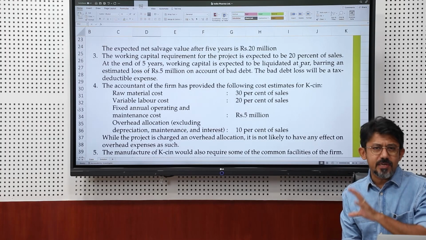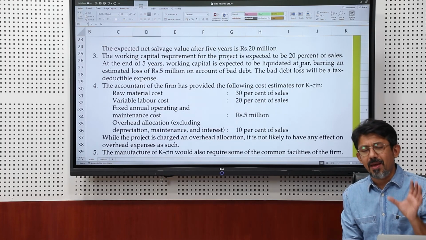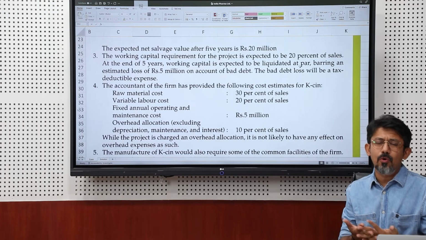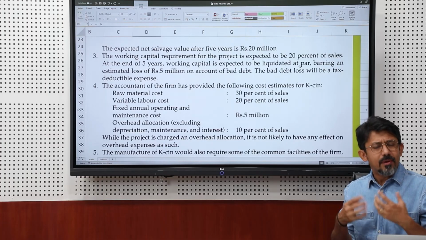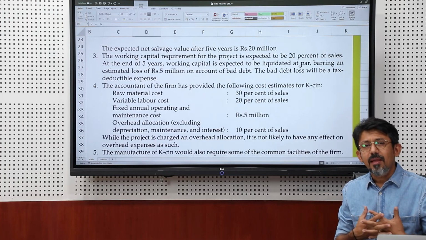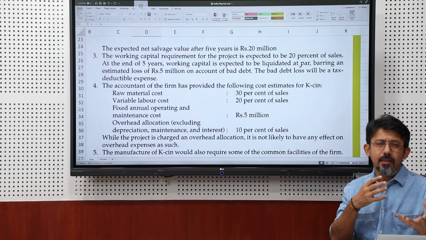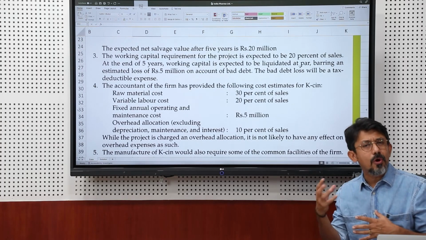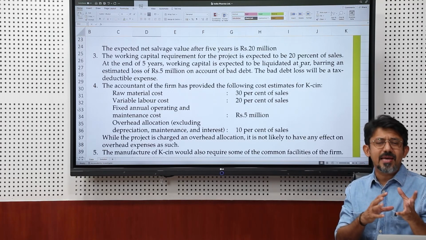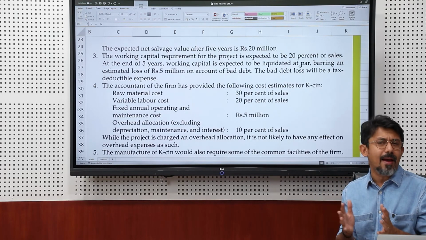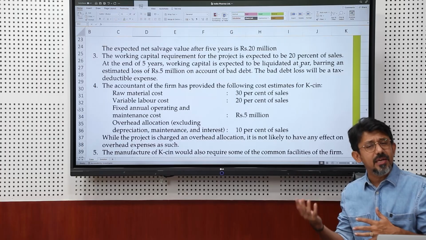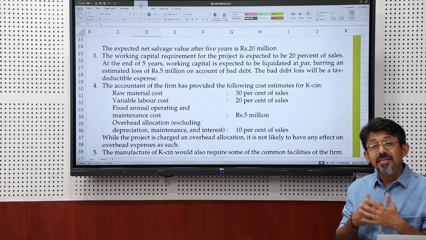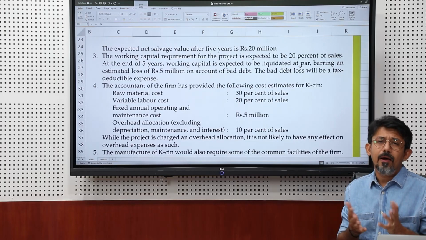We know that this project has a limited time span of 5 years, and at the end of 5 years, what will happen to your working capital? It will be released in the sense that the receivables would be received and you would be paying off your creditors, and hence your current assets minus current liabilities, the working capital amount which you are investing initially, will come back to you at the end of the project, except if, let us say, your current